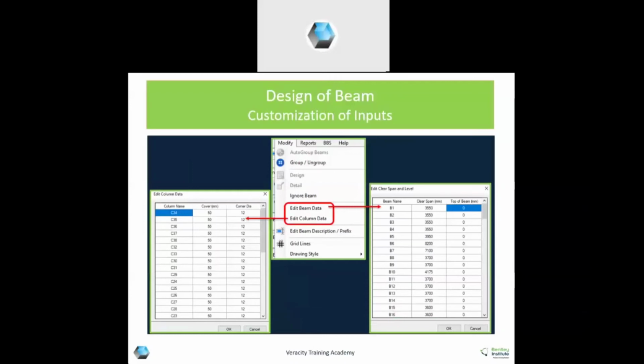So at that time, top of beam, you can enter here and continuity will be adjusted accordingly and detailing will be done accordingly. So also the column diameter by default is taken as 12 but if you want to specify 25 or 32, accordingly the detailing of beam will be done.